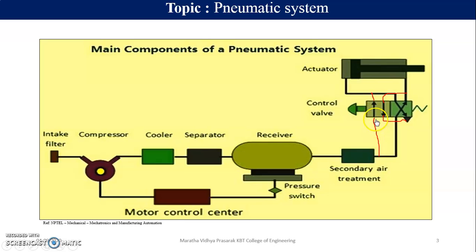The air is going to come here, it will pass from here to this point, and the cylinder will be moved ahead, and whatever air was present here will pass from this point to this point and go into atmosphere. So this is how the valve is going to actuate, and the spring is shown, that means it is retracted. Automatic आप जब push button release करोगे वो उसके actual जो default position है वहाँ पे आके रुक जाएगी. So what will be the default position? The default position is that this actuator will be in retracted position. This is the default position.